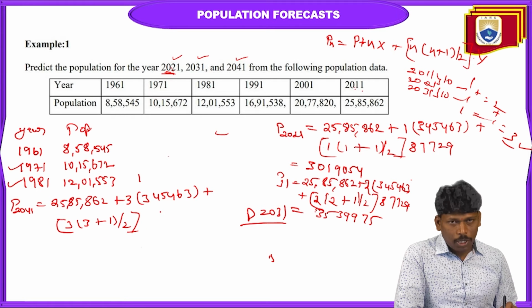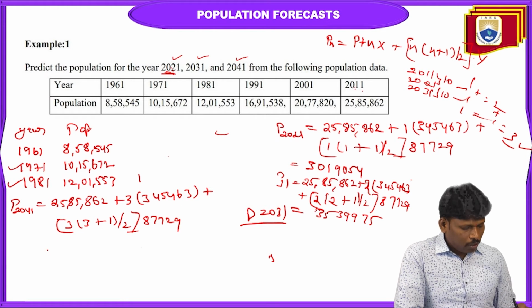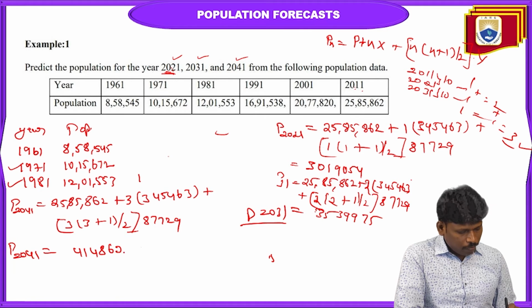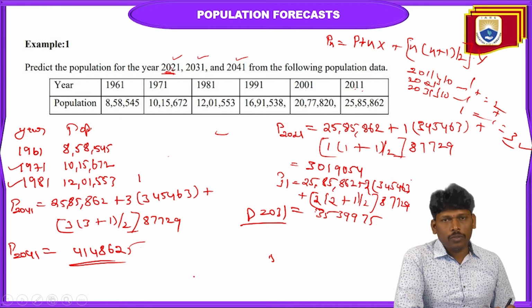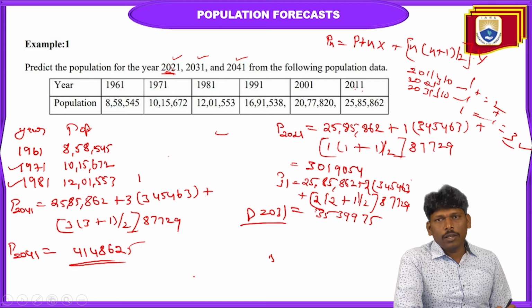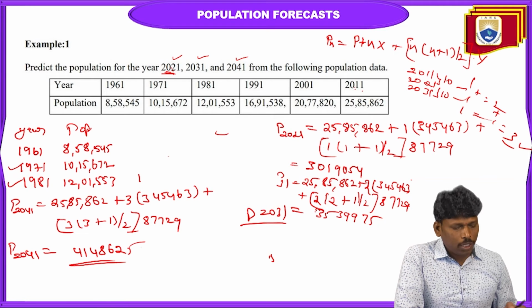I am just substituting into the formula, where this y value is nothing but the average of the incremental increase method value, that is equal to 87,729. So once after solving this one, you can get the population in 2041. It is equal to 414,8625. So this is the way of calculating the population forecast using the